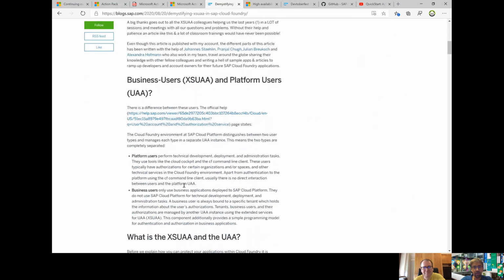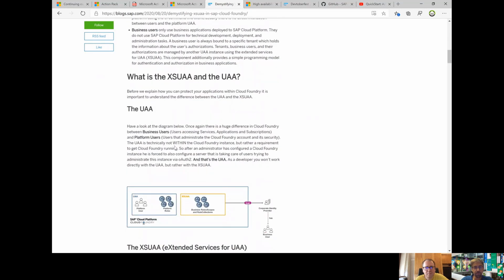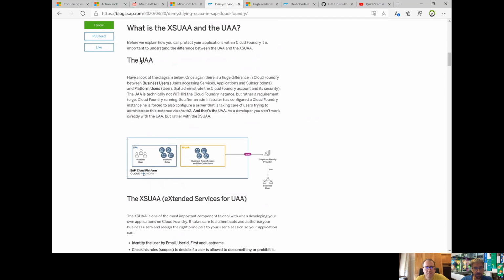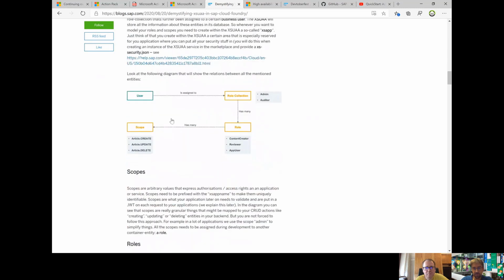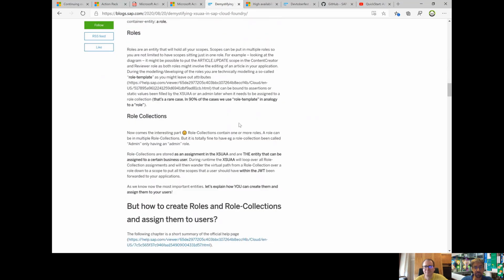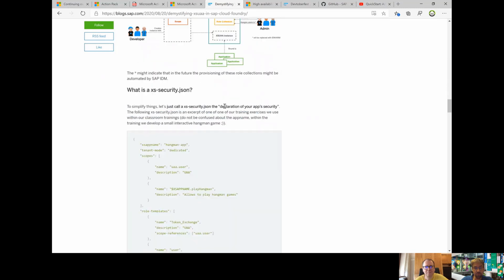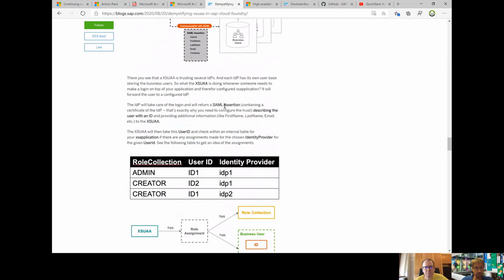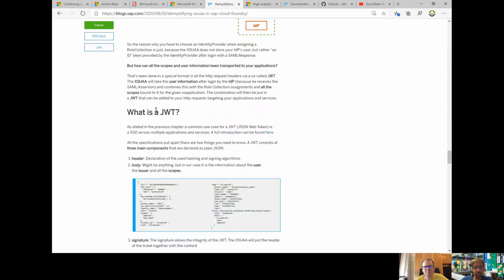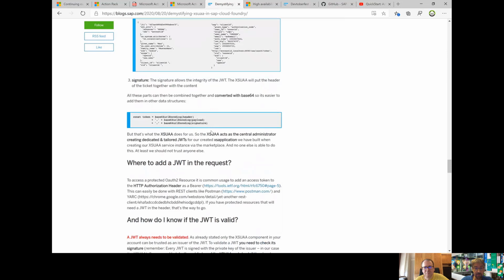But I love the structure, how he explains the different topics, how he also has a lot of references, a lot of links to official documentations, how he starts talking about UAA, then going to XSUAA, explaining how this relates to other identity providers that are connected and so on, how to work with roles, how to work with JWT tokens at the bottom or something like that. So it's really a very extensive blog.